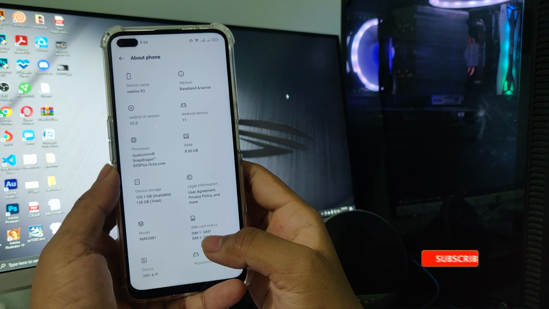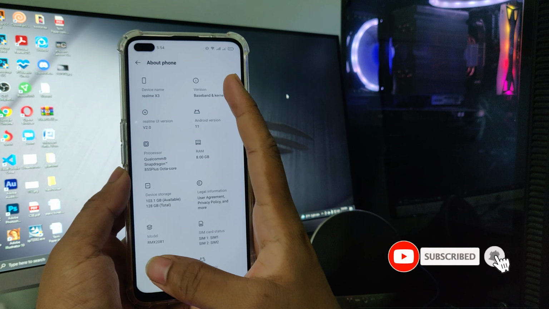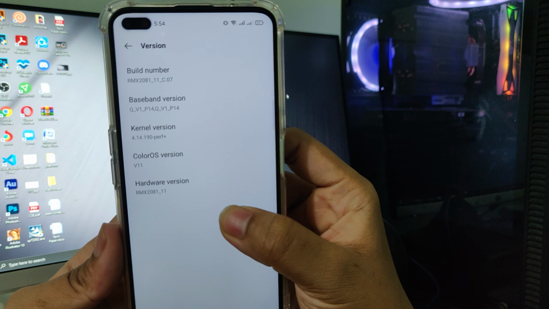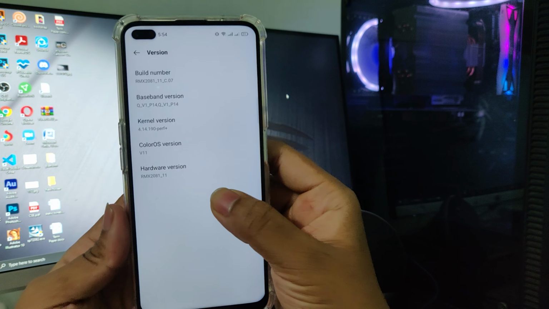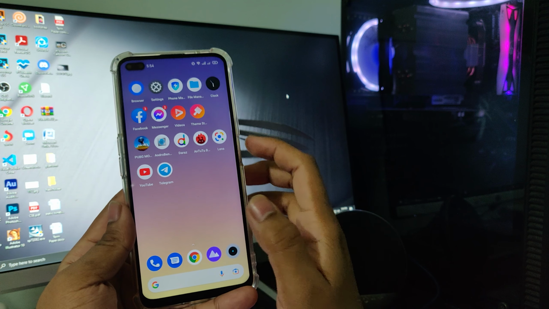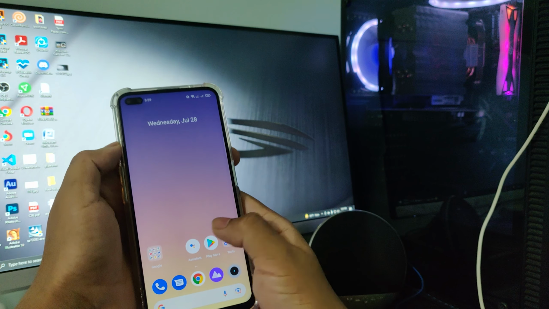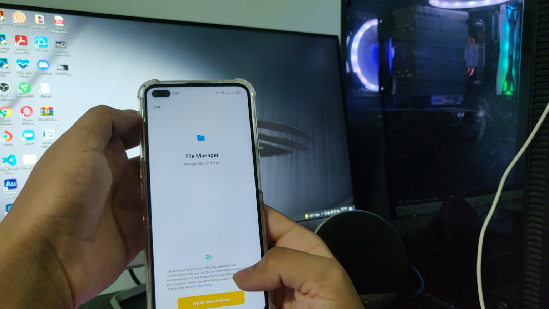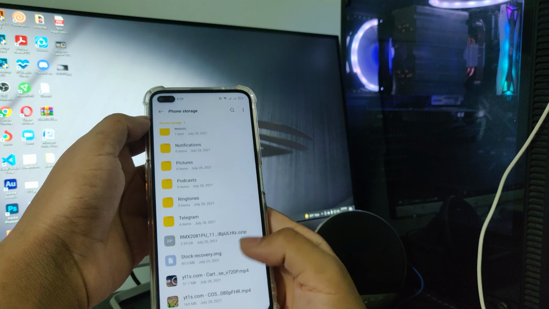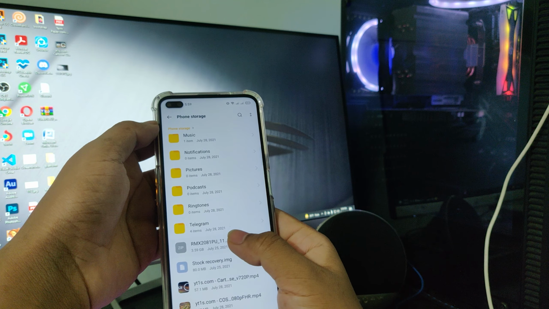You can see my device is running on realme UI 2.0 and the 3.07 build. We can't flash Pixel Plus UI directly on this version. To flash Pixel Plus UI, we have to downgrade our device. For that, you need the A53 version OZIP file. The file download link is in the description. You can easily download it from there.